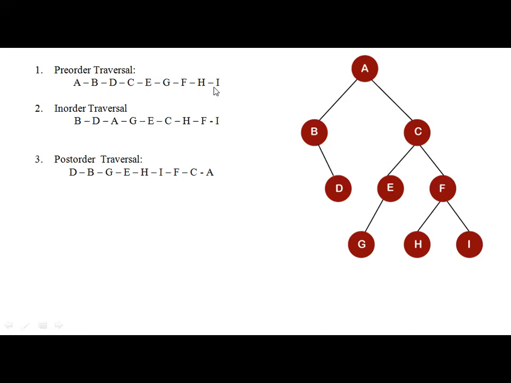So this is the order of a pre-order traversal. Same is the case with the in-order traversal. Just see here. If you traverse in order, what is the algorithm? Left, root, right. Now starting from A, it is a root. You should not visit this. So go to its left first. Now check, is it a root? Yes, because it has a child node. This is a root. You should not read this one. So go to its left. There is no left. That means left over. So after left, you visit the root node. So root visited, B. Immediately write onto the output. So left, root, then go to right. D is the right child, right over.